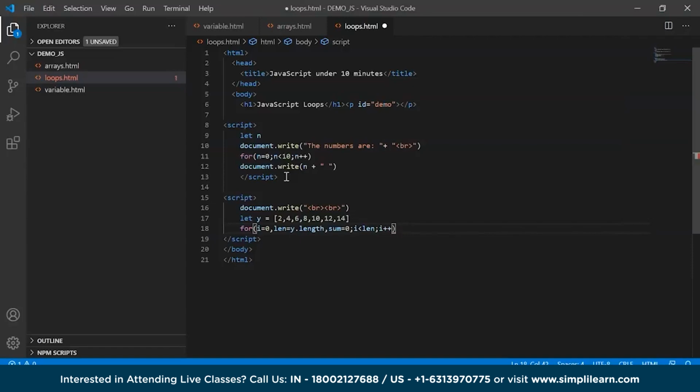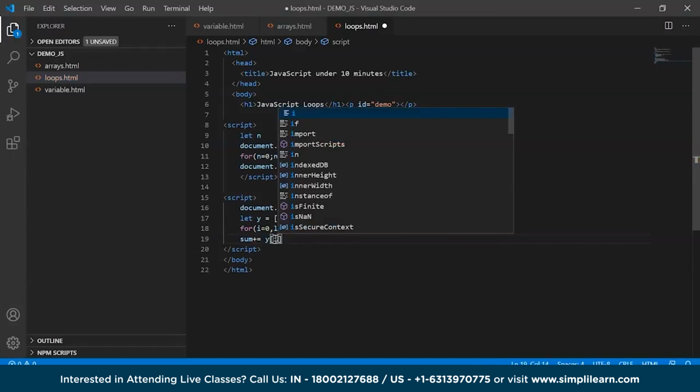So here I've just created 3 different variables and initialized them here. So I've created an index variable i, a variable for length, and then we have the sum variable that records the sum of the array. And then I've made sure that the variable i is less than the length, and then I've used the increment operator. So now let's say sum plus equals y of i,